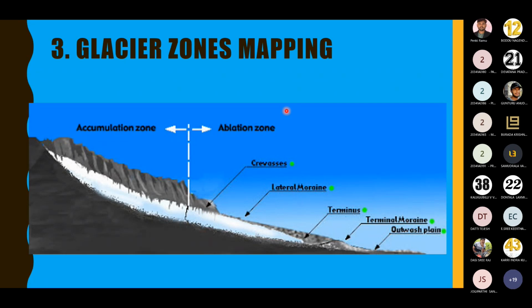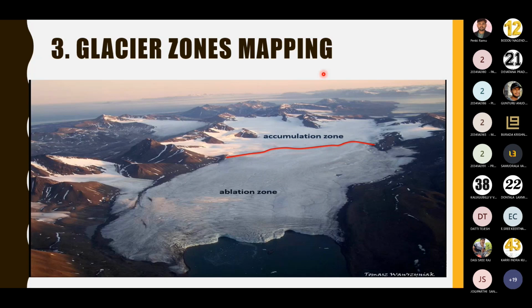Okay. Some of the different zones of glaciers are present in this picture, such as accumulation zone, ablation zone, crevasse, lateral moraine, terminus, etc. So all these glacier zones can be mapped using remote sensing data. So this is a simple picture. Though it looks like a normal two-color composite, with manual techniques you cannot cover this much amount of area. This picture is probably captured by a satellite or it is an airborne photograph.